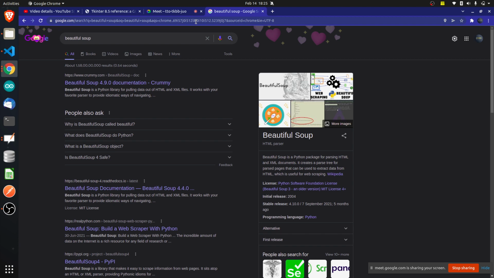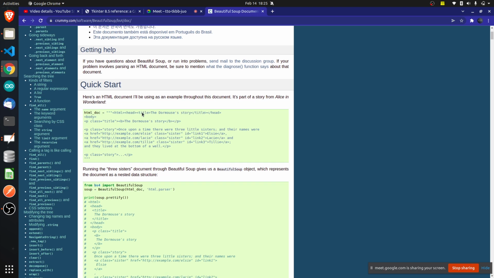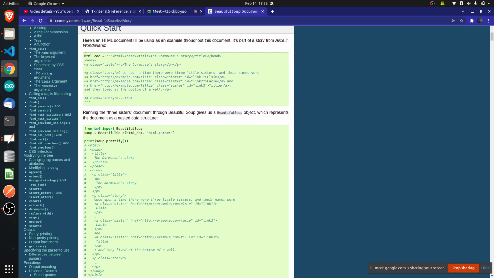So you can scrape whatever you want, some data, lots of stuff you can do. Let's see how to scrape this data. Beautiful Soup is the library. This looks like an HTML document, right? HTML is the skeleton of any website. Any website front end is built using HTML, CSS and JavaScript, so you will have to first understand how any website is built. We are trying to scrape some data from that HTML document.